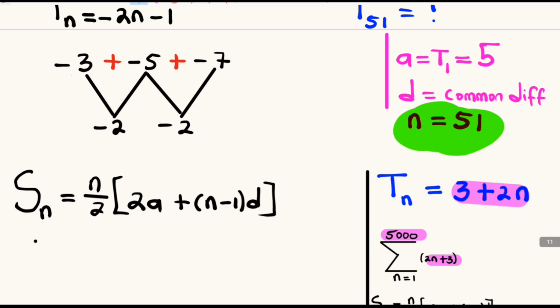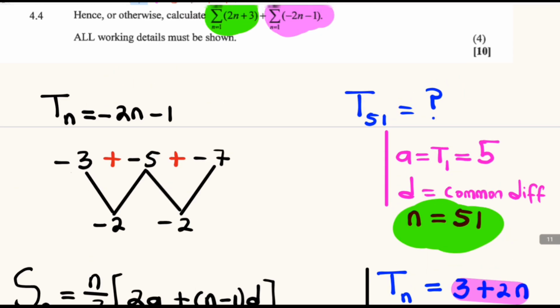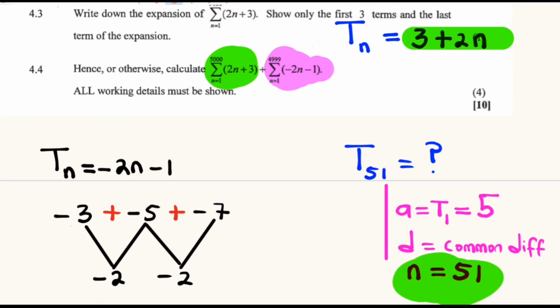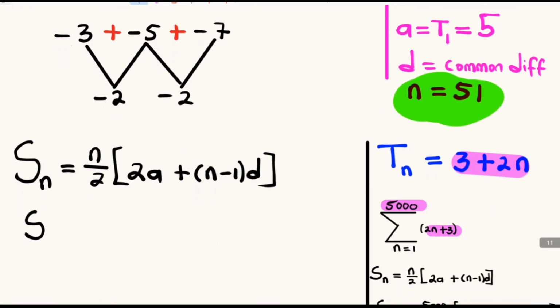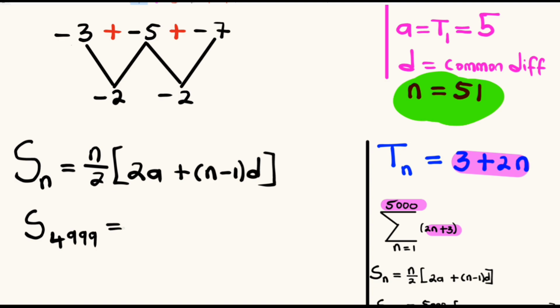So we are looking for the sum to 4,999. So we started at 1 exactly, and we have to determine to 4,999. So the sum to 4,999 will be equals to